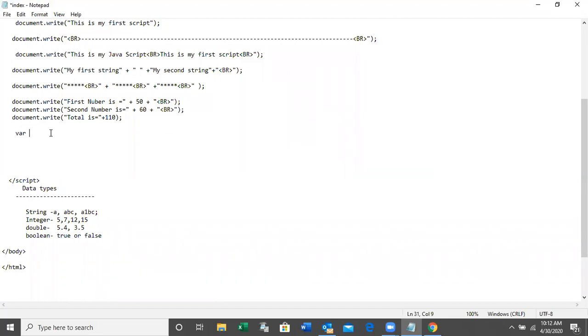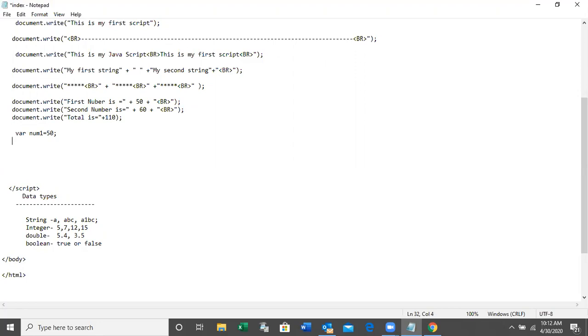Like that, if you want to add two numbers, we can write a program, but that program should be common, able to add any two numbers. Say, for example, var num1 is equal to 50.